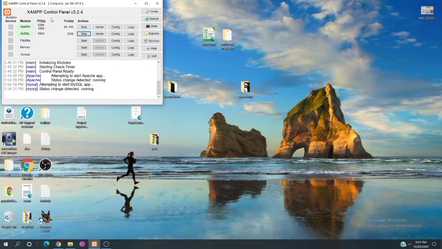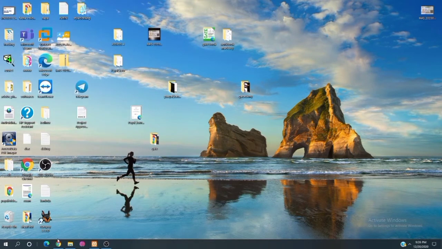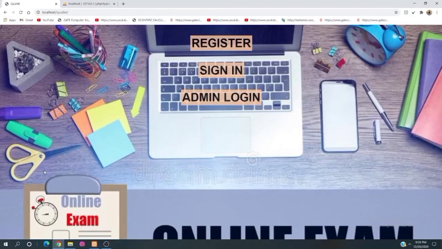So I have started my XAMPP server, and Apache and MySQL I have just started. The port numbers for Apache are 80 and 443, and for MySQL it is 3306. Now in my browser I will type localhost and the name I have kept for the folder, that is Quizlet. So I'll just type it here. And now first of all, obviously we will start by registering.